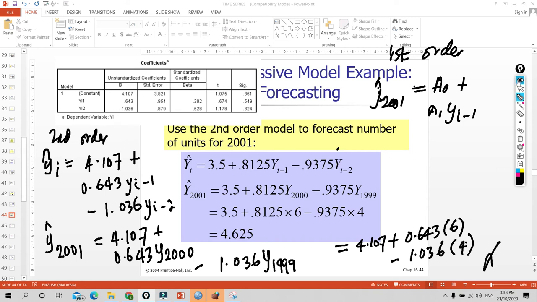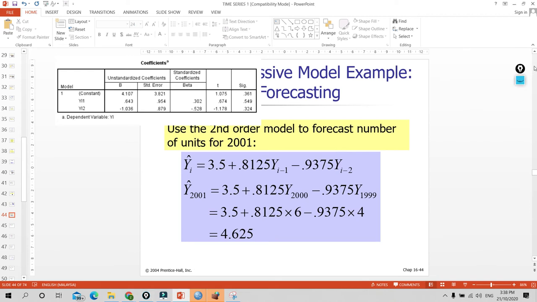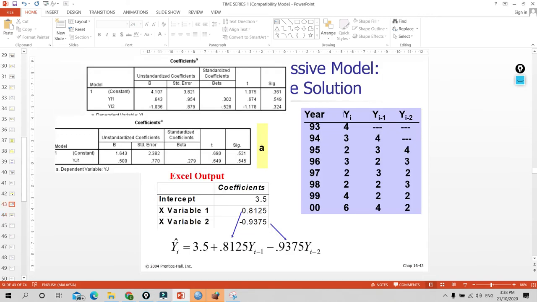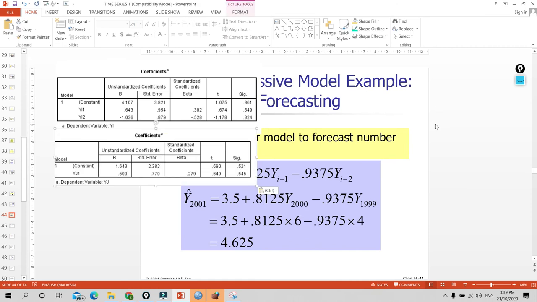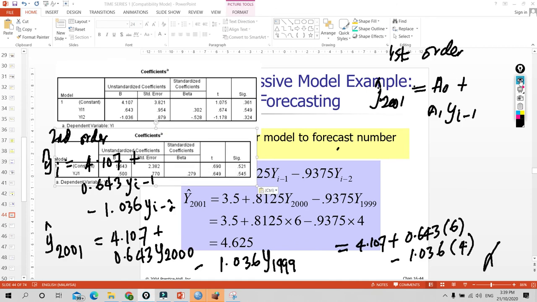Previously we have the model, so I just copy it here, cut here, put here. Okay, so the model is